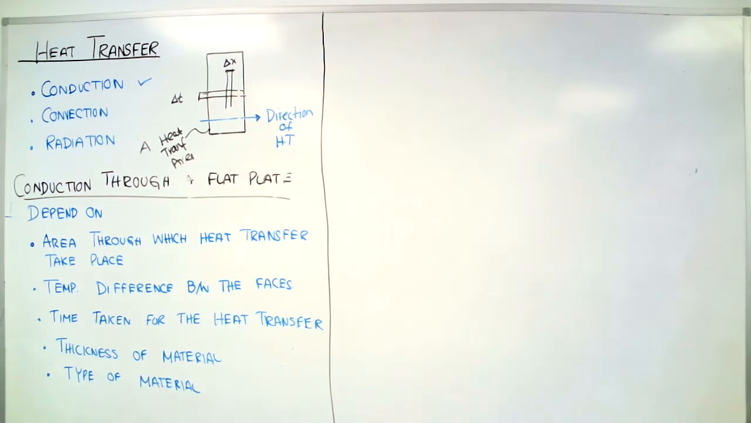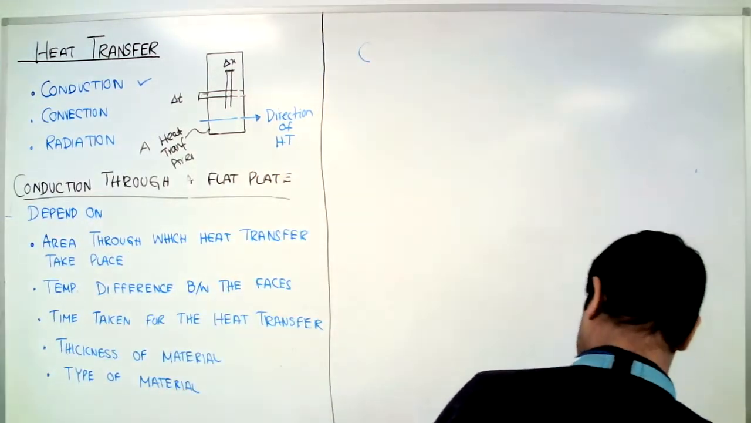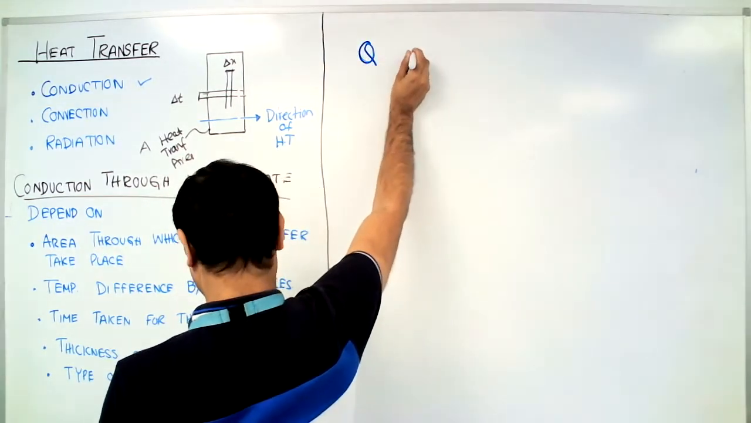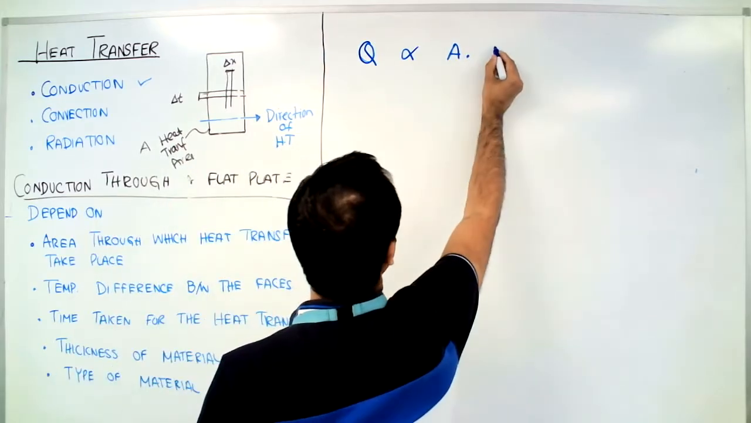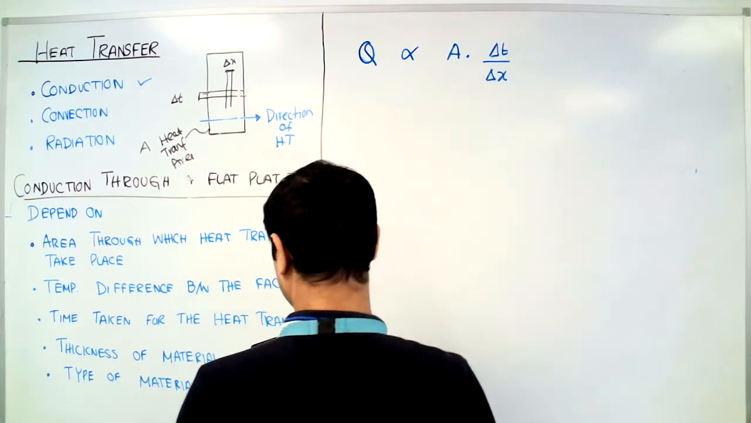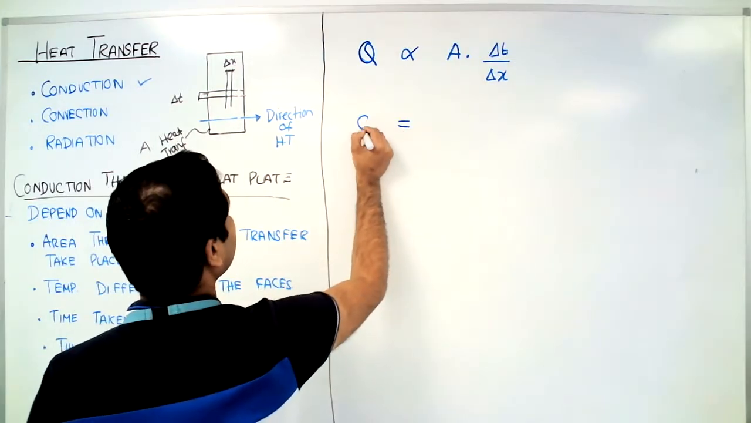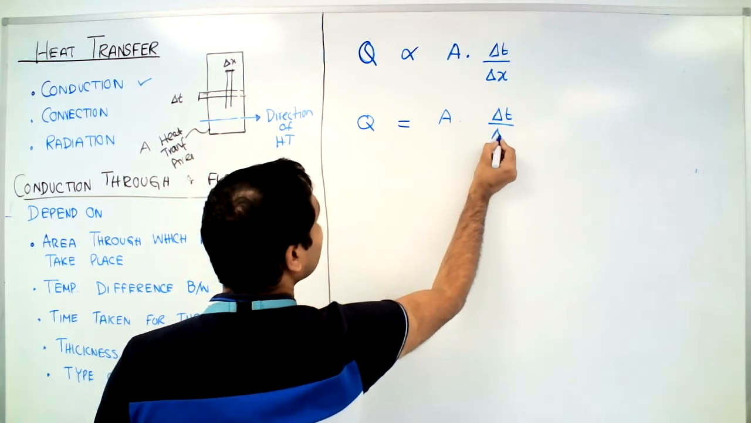Okay. Now let's say Q is the heat transfer. That is directly proportional to the area, and it's also proportional to delta T over delta X. Now delta T, this is kind of integration. We can use the integration formula. Now if I get rid of this proportionality sign, I can make it like this,